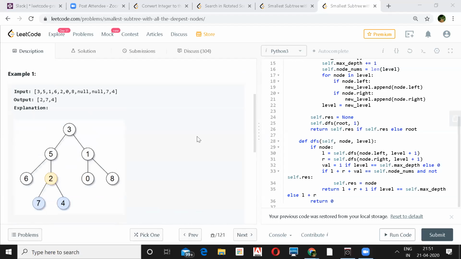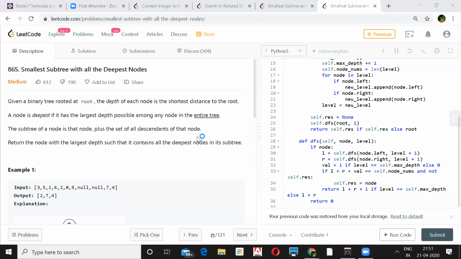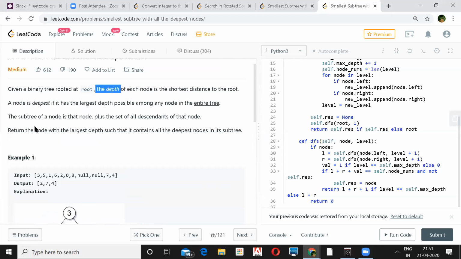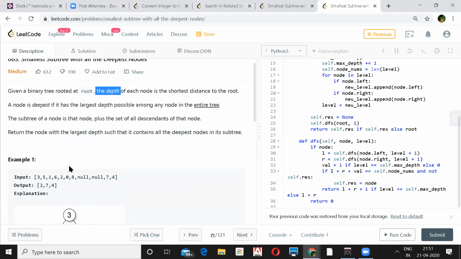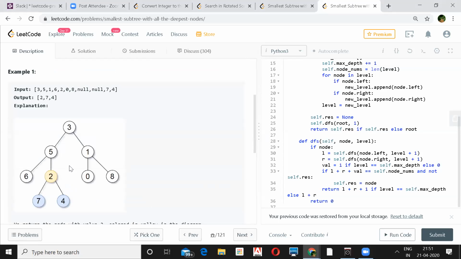Anyone has any idea? I think we need to calculate the depth. For calculating the depth, you can either use BFS or DFS, right? I'm not exactly sure, I'm just saying. They were asking for the deepest leaves, right? So one thing here is that we have to get the depth of the node. Definitely, I get the intuition that I will have to visit all the nodes.